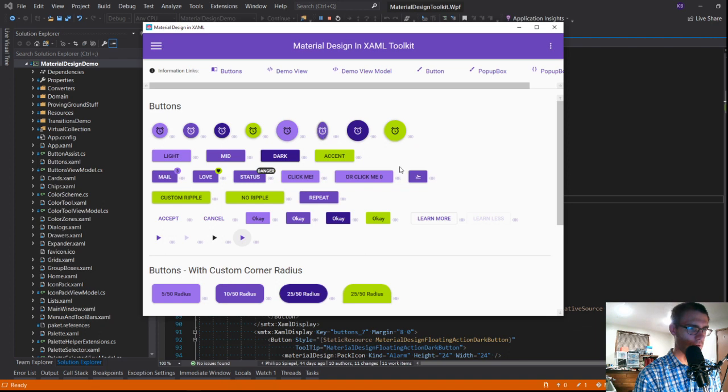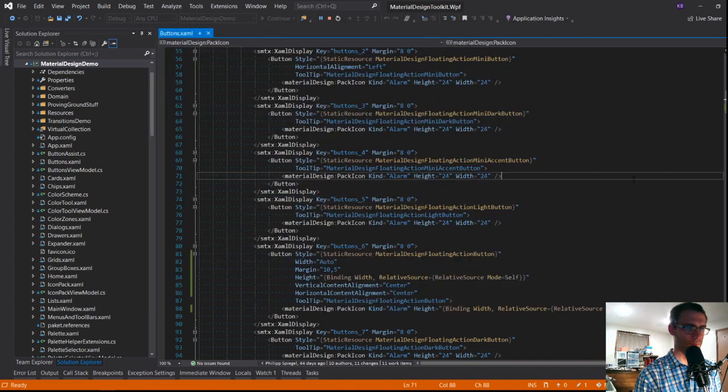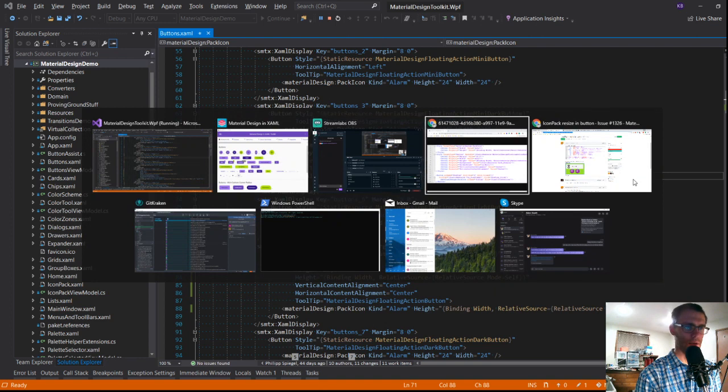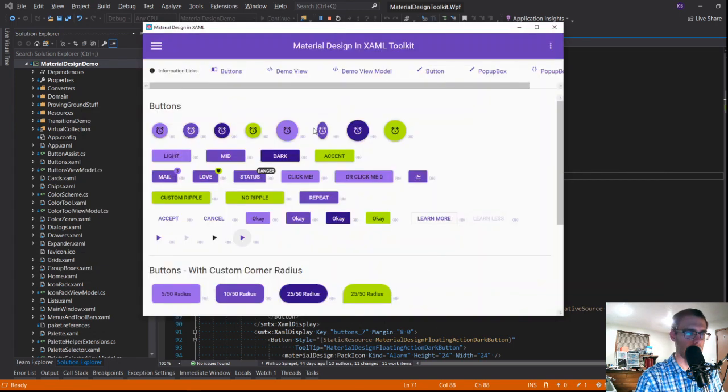Okay, so that unfortunately did not repro my problem. Let's go back and see what we are missing. It's interesting to me that this thing did not go square. Trying to see if there's anything that I missed.